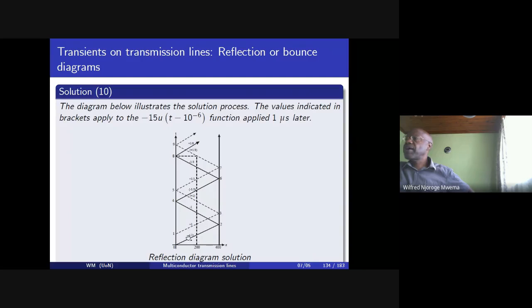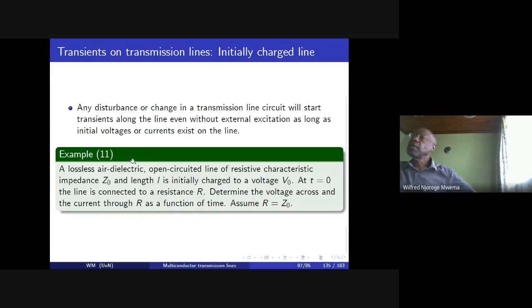And that's why we have already labeled them with the value of the reflection coefficients. That is the reflection coefficient for the positive wave, and that is the reflection coefficient for the negative wave, and so forth. So any disturbance on a line,